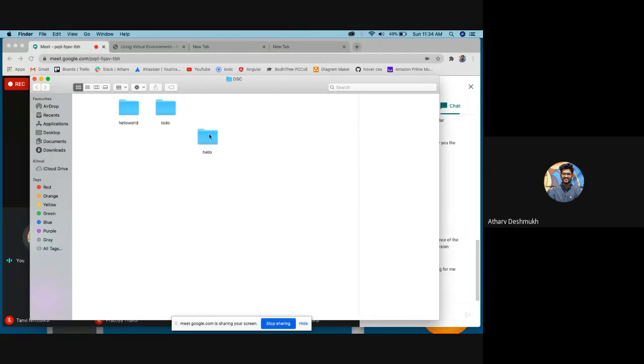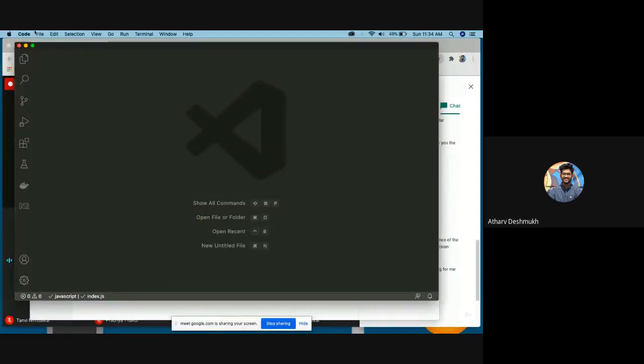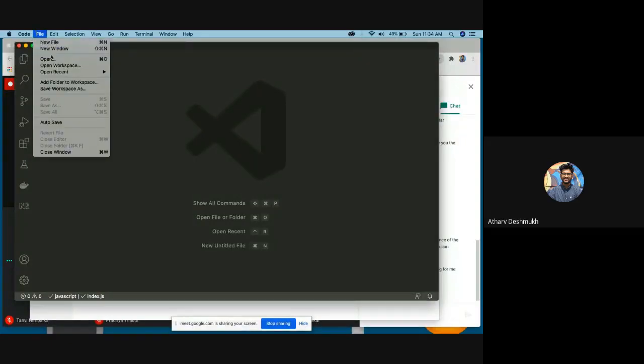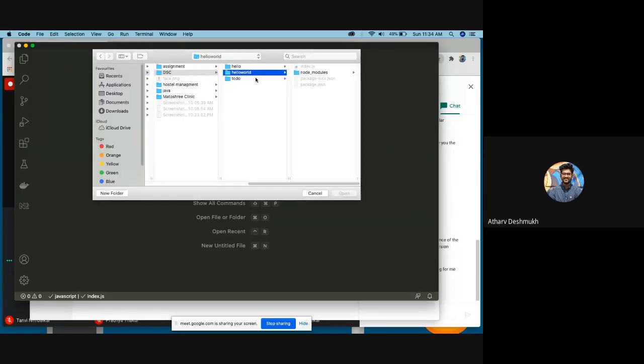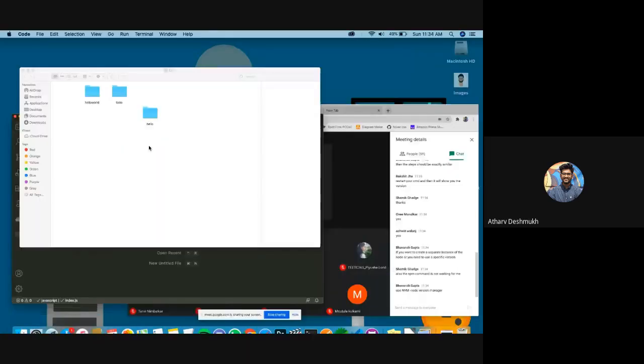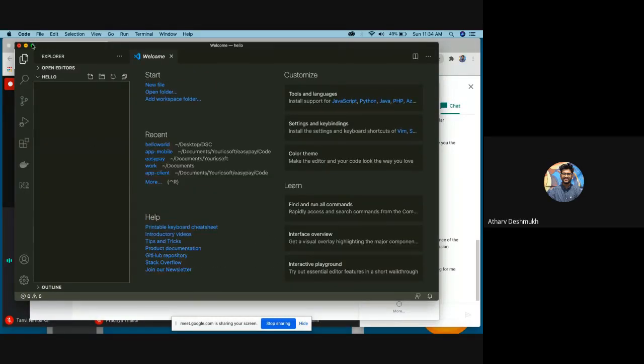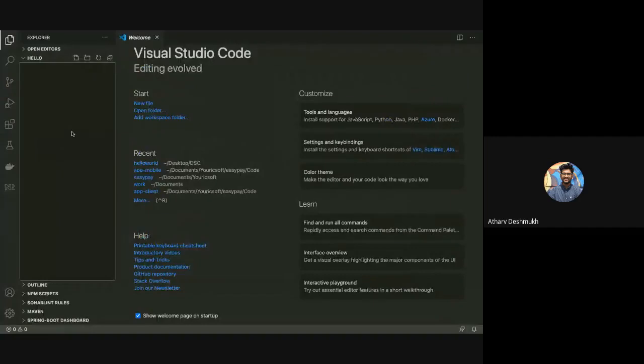I have created one here, Hello. Then I will be opening my folder, I will just drag and drop that. Now you can see that I have created one folder and imported that folder here.